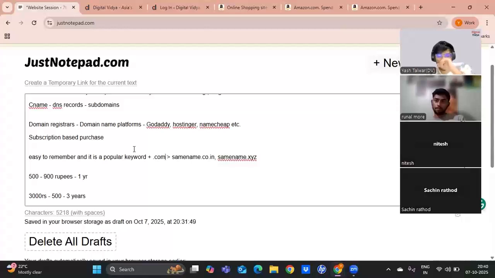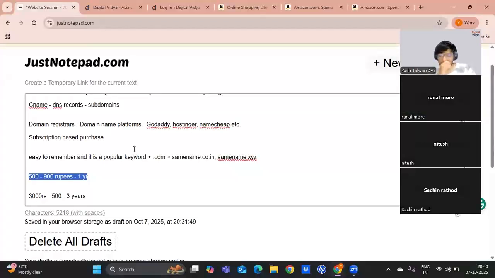Generally, for the domain names that you will be taking up, the cost will be in between 500 to 900 rupees per year. That's going to be the cost of the domain per year. But there's a catch here. We will be taking up a hosting plan from Hostinger, which gives us a free domain.